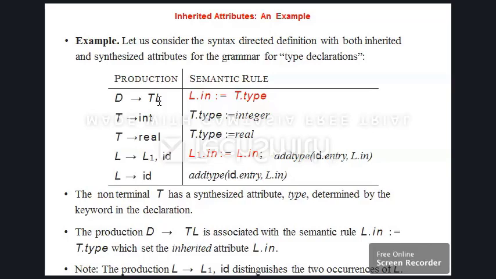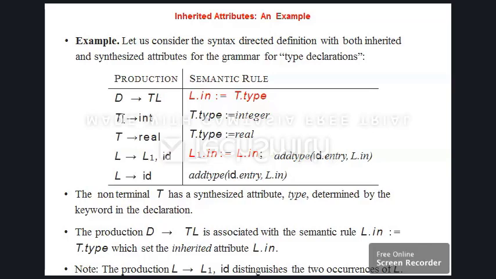For example, if I write int A, B, C, it means that the variables A, B and C are of the type integer. So D represents the declaration, T represents the type and L represents the identifiers.